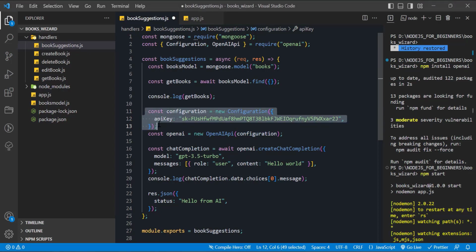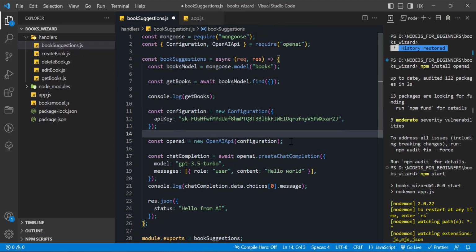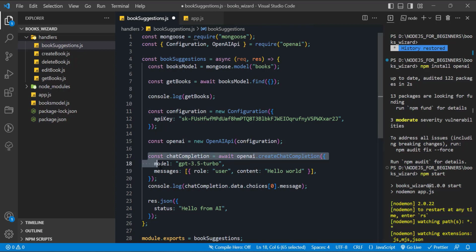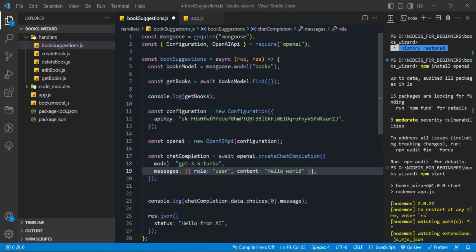So this block of code is just the configuration, right? And this is initializing OpenAI into our file. And here is the main part. This function, create chat completion of OpenAI, will help us get AI suggestions, and inside of it there is an